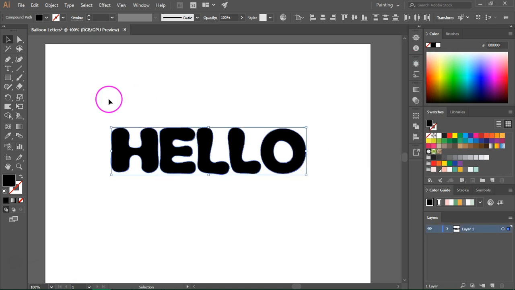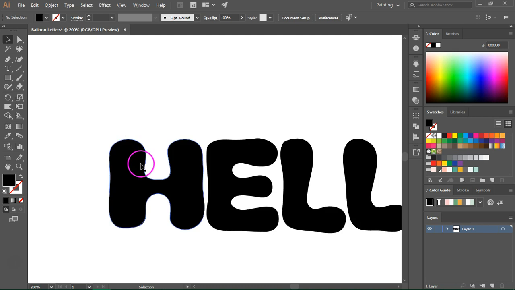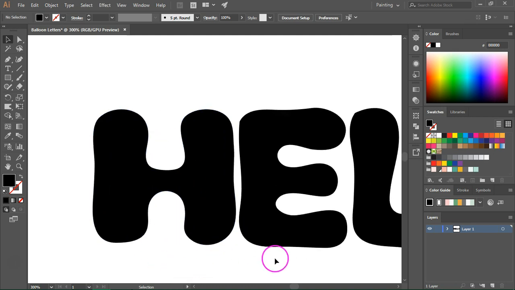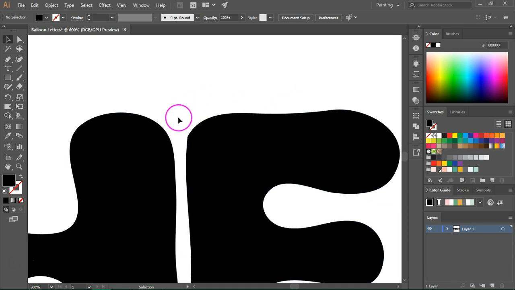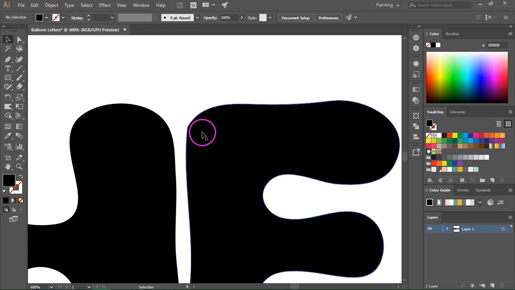The Simplify option does a really great job, but if you zoom in and look at each letter, you might see areas that are not that great. As you can see, we have here an anchor point that doesn't look great, so